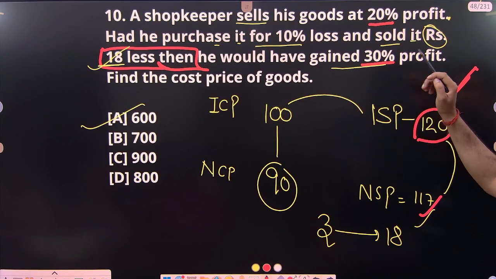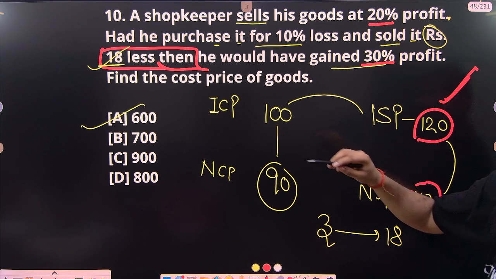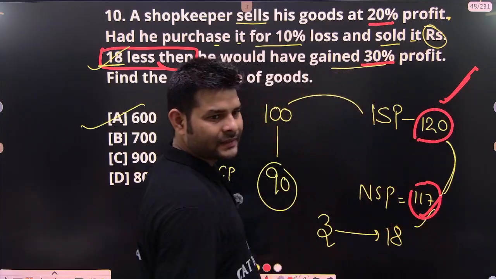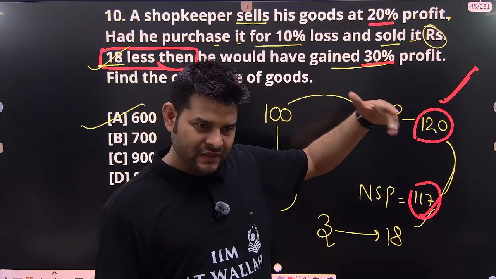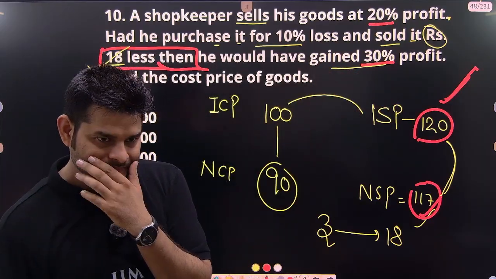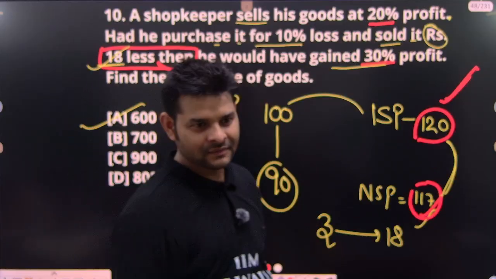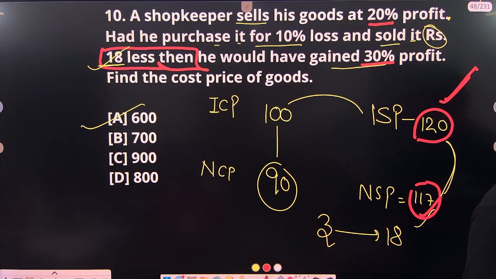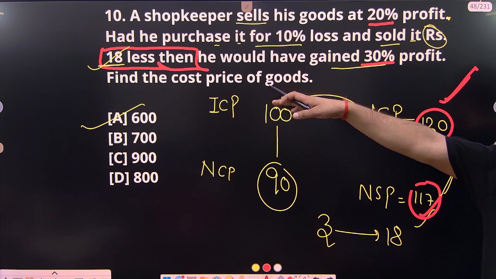And sold it rupees 18 less, और 18 लेस में बेचा होता, तो बेसिकली बेचा कितने में? इग्नोर कहां करा है मैंने? ये इसको अभी बाद में इसलिए ले रहे हैं क्योंकि इन दोनों का डिफरेंस तो 18 है। पहले हम कितने में बेच रहे थे? 120 यूनिट में। आज कितने में बेच रहे हैं? तो डिफरेंस जो आ रहा है वही तो लेस आ रहा है, 18 लेस। सो हमने उसको इग्नोर कहां करा है? बट हमने पहले ये डेटा सेट कर लिया और उस डेटा को बाद में उससे रिलेट करा दिया।